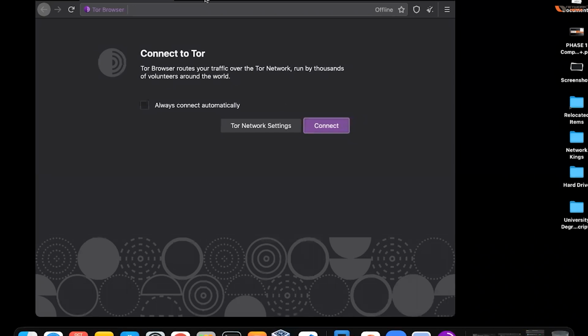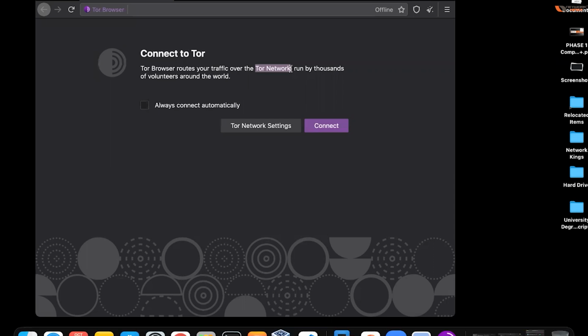If you compare it with Mozilla Firefox, they will be similar. The framework is of Mozilla, but this browser is a little different because it actually routes your traffic over a different type of network, not the internet. This is the Tor network.